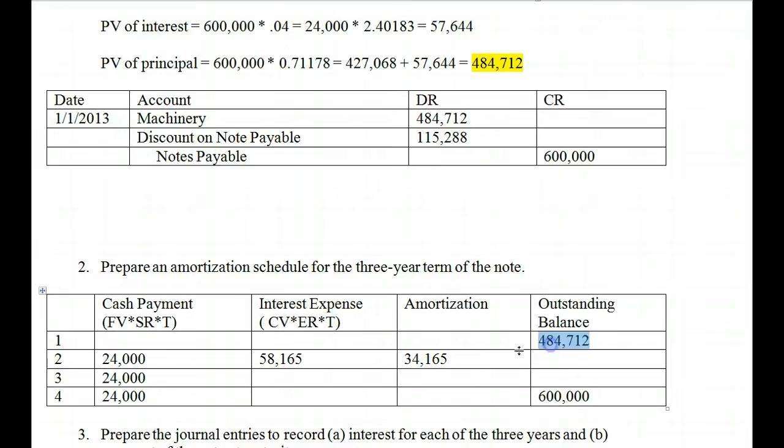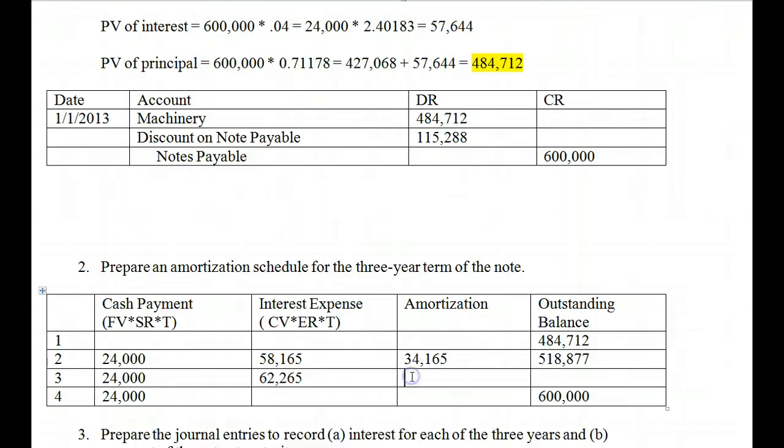So you're going to take the outstanding balance, add the 34,165, and that gives you an updated carry value of 518,877. Now the next year, what are we going to do? Well, again, you take the carry value, which is now 518,877. You're going to multiply that by the actual 12% rate, and that's going to give us